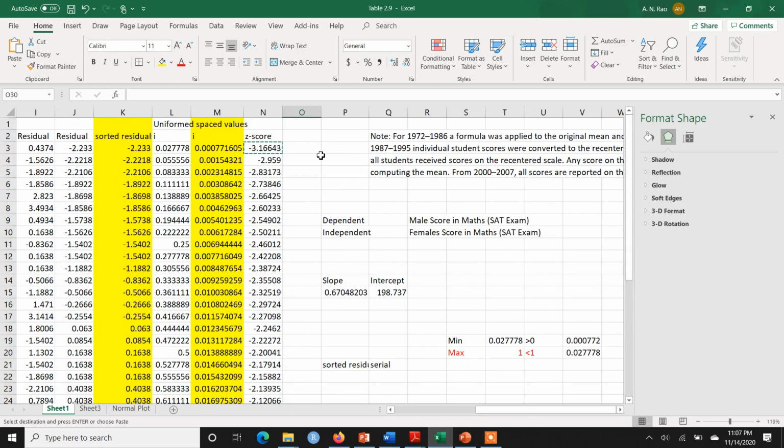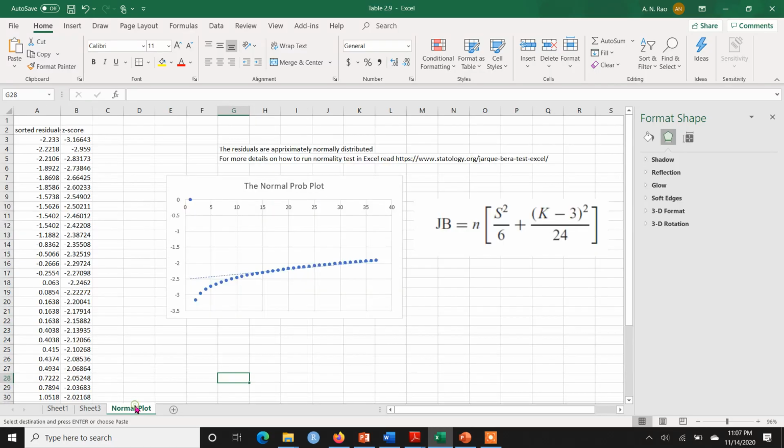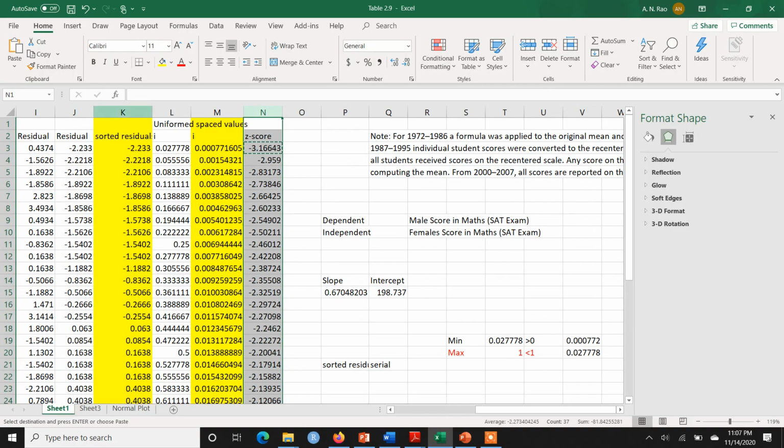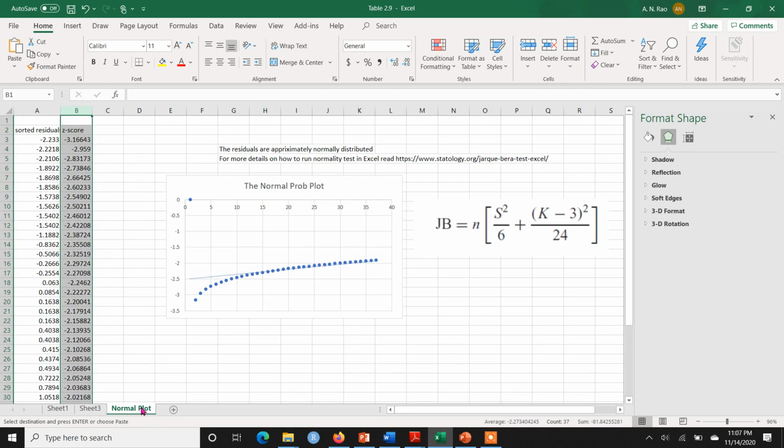Now we have to make the plot. So which values will be plotted? We are going to use the column of sorted residuals and the z-scores. So I have copied these values, the sorted residuals and the z-scores, in a separate sheet.